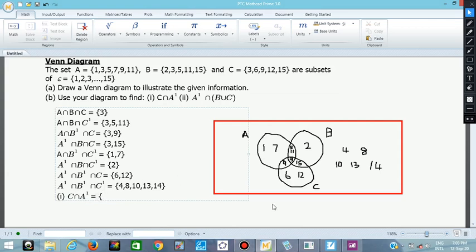Let's see. So we are looking at elements in C that are not in A. You understand? You have them in C and they are not in A. That is the meaning of this symbol. You have the elements that are only in C, but we don't have them in A. You can see them here. 6 is one of them. 12 is one of them. 15 is one of them. Understand? So the answer is 6, 12, 15. So that is the answer of this. The elements we have in C and we don't have in A. So that is 6, 12, and 15.